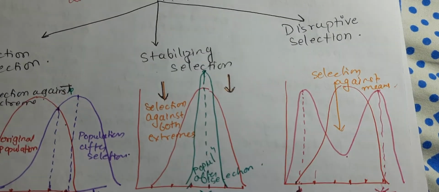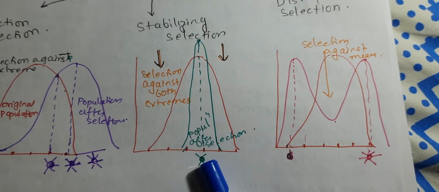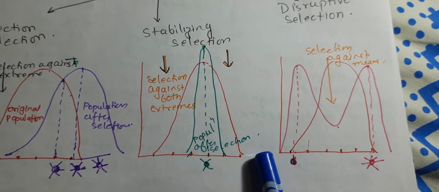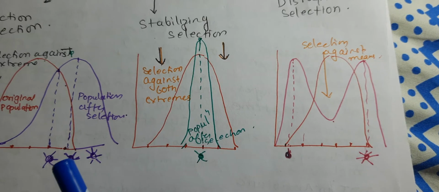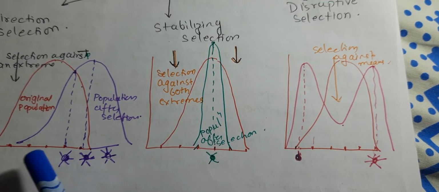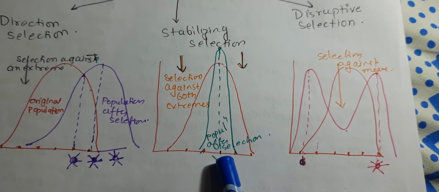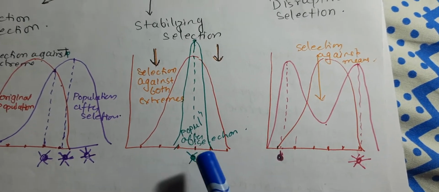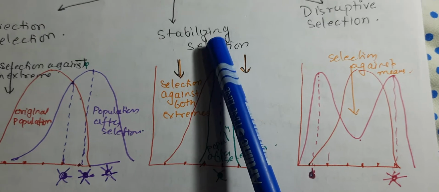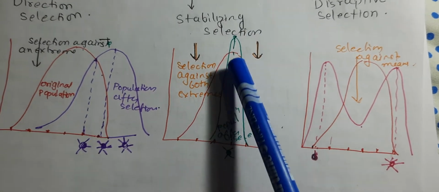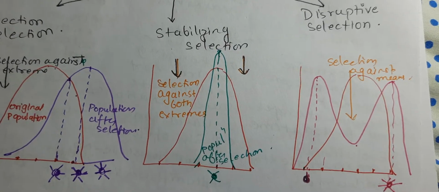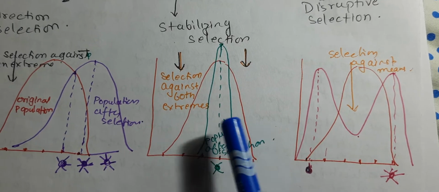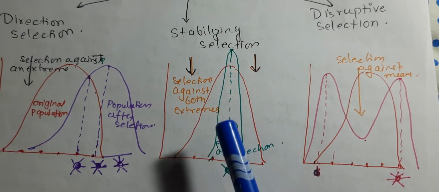Similarly, when the stabilizing selection is operated, extremes are not favored, the average population is favored. So some with a few good furs are favored, whereas the one with very much fur are not favored, and the one with the least fur are also not favored. So here is the peak, and this is the stabilized population. This is the example of stabilized, and if you compare with the original population, this is the graph